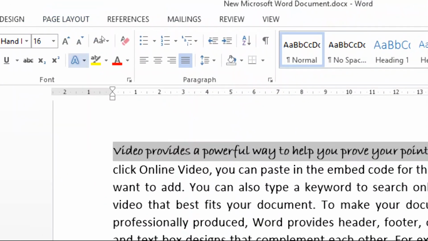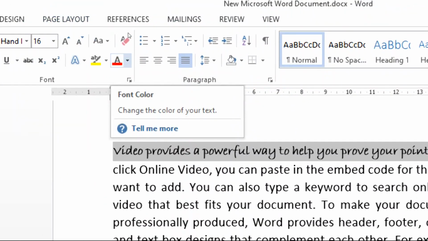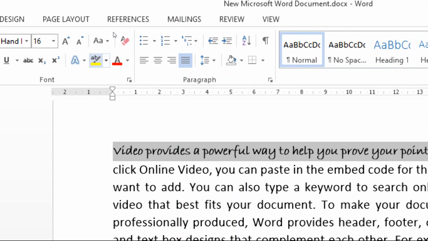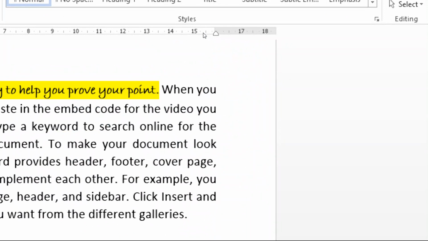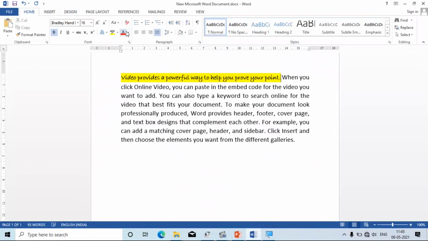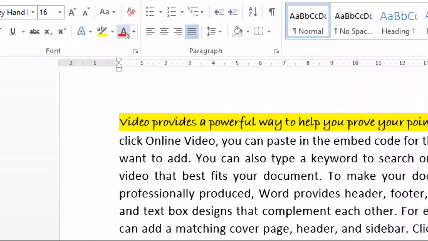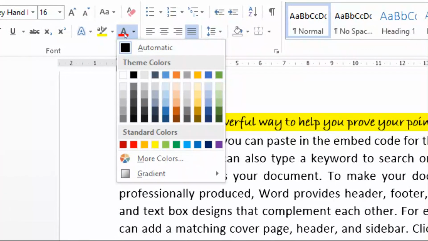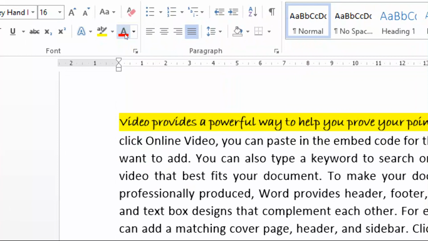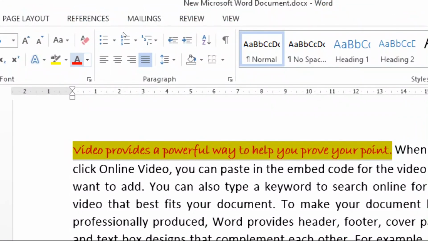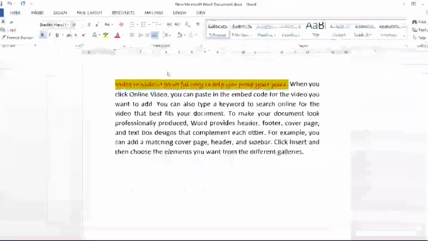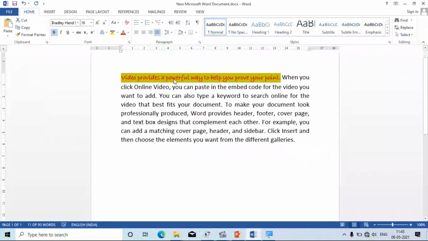Again I'm going to add a color. First I'm going to choose a shadow. Which shadow? Okay, fine, yellow color. Now I'm going to change the text color. How can I change the text color? This option is for changing the text color. Which color looks better? Okay, fine, red is better. First I need to select this. I have selected, and now I'm going to change the color. Yes, the text color changes.